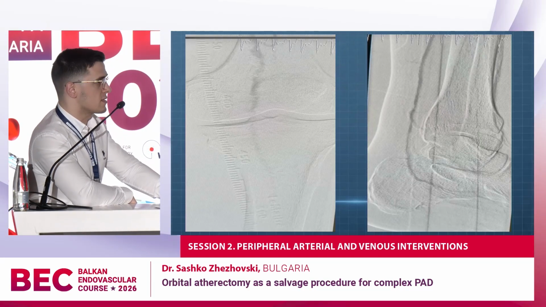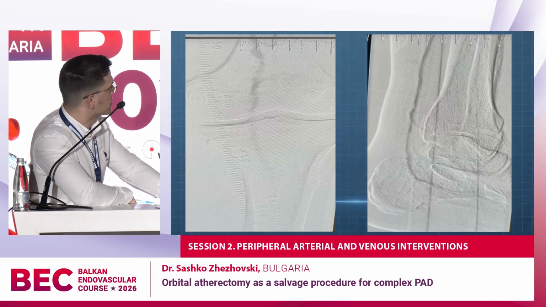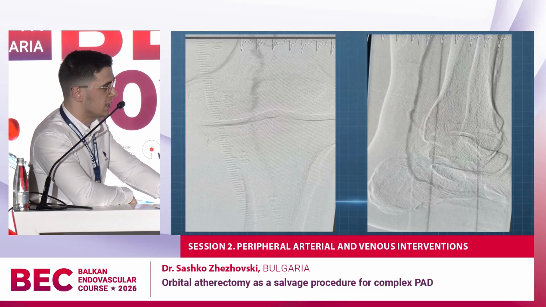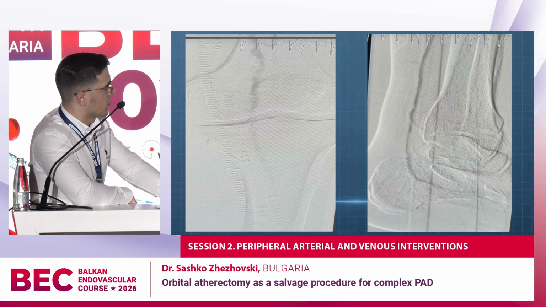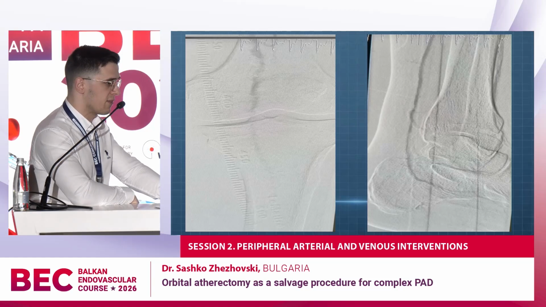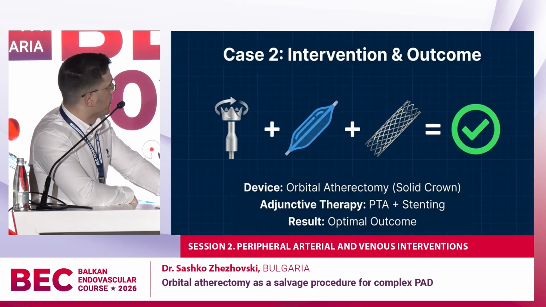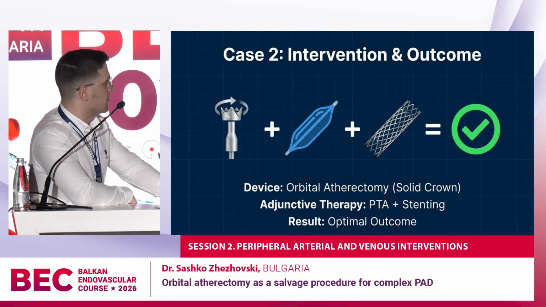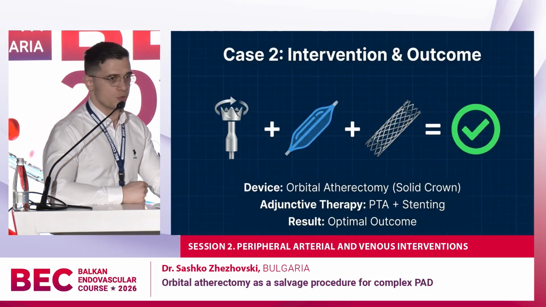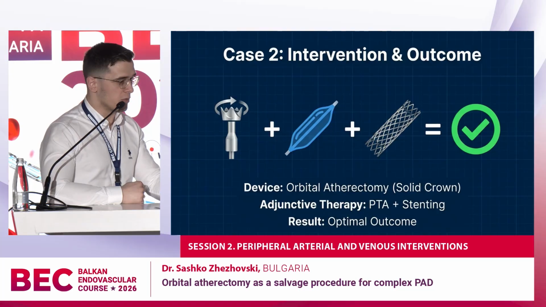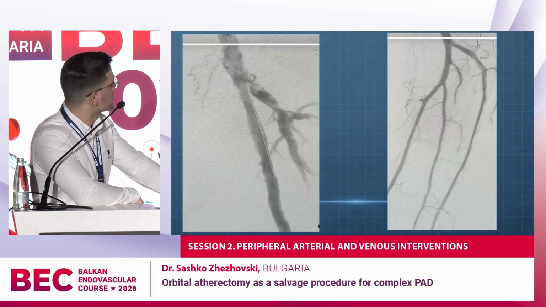So what we did is we crossed the lesions with the Stato wire again. We navigated the guide wire to the anterior tibial artery under the support of a Navicross microcatheter, and then we exchanged it for the respective ViperWire. Then we began with the orbital atherectomy. Unfortunately, I'm not able to provide video material of this case, only images, but you can see the postoperative images